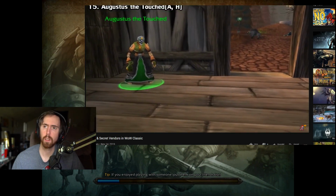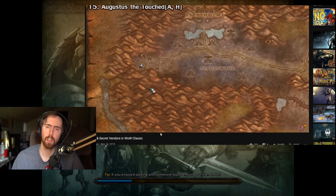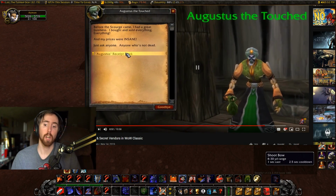Here's a rather interesting vendor though, and that's Augustus the Touched. You can find him tucked away southwest of Strathholm, located in this house inside of Terrordale. To open him up as a vendor,